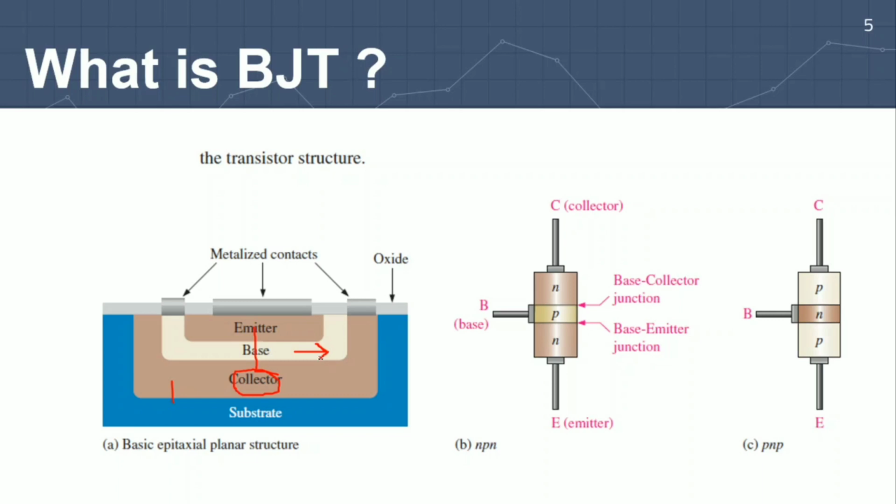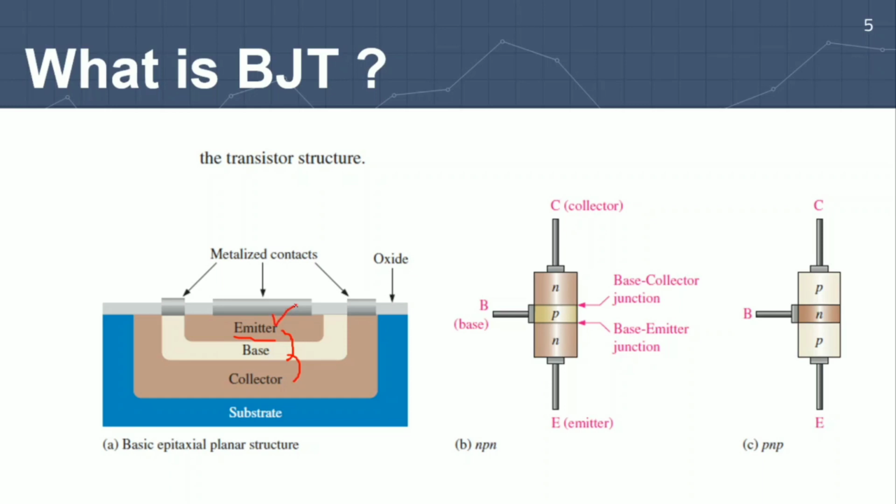Base is a narrow region, in the sense that it is a tiny region. It has less width, so it helps all the charges flowing from the emitter to pass directly to the collector. The emitter region is smaller than the collector but bigger than the base. The emitter is highly doped because it needs to send the charges from emitter to base and base to collector.